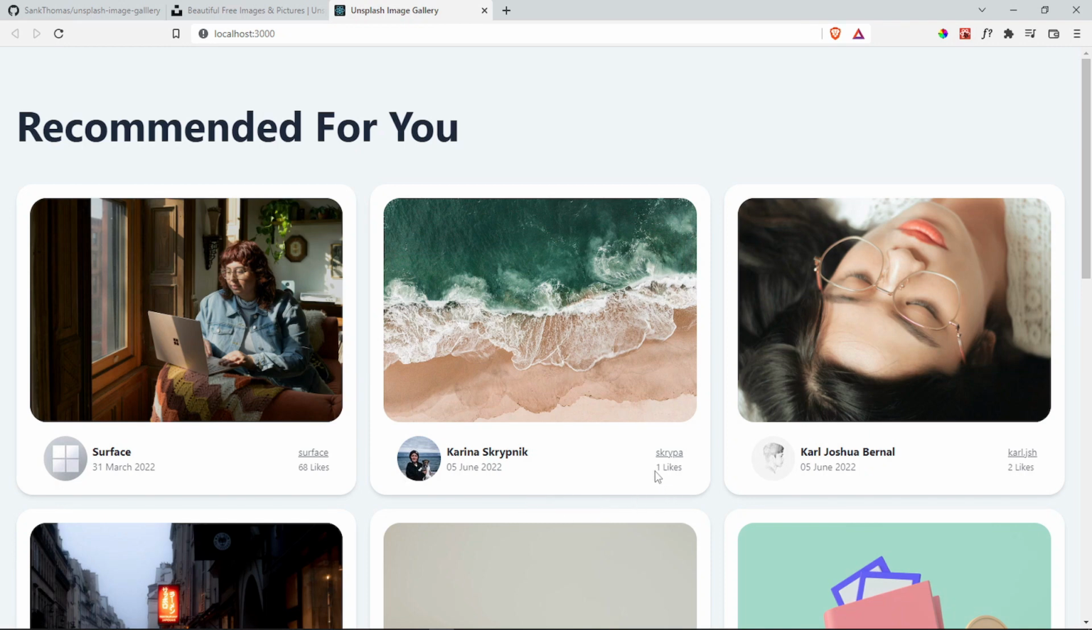We're going to be displaying the number of likes on the image as well as the Instagram account linked to the person who uploaded that image to Unsplash. And then we're going to have their profile image, their name, and the date when it was uploaded. So it's a small project with some bits of functionality here and there, and we're going to be using the